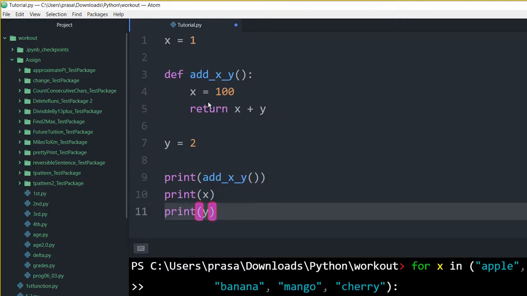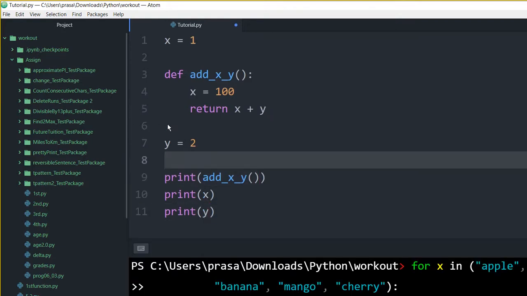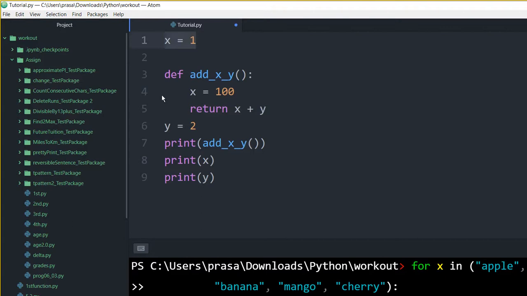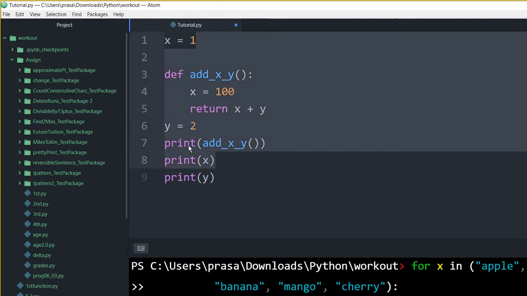Okay, this is the complete program. I have x initialized to 1, y initialized to 2, and I'm defining an addition operation, and I have reassigned x the value of 100. So my understanding is that x here will be 100 plus y, which is taken from the global input, which is 2, and it will be 102 for this one, if I'm not wrong. And x will be taken from here, which is 1, and y will be taken from here, which is 2.